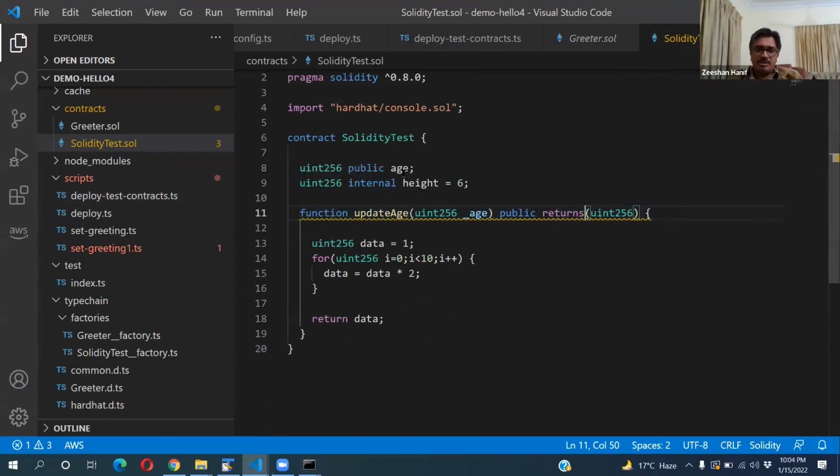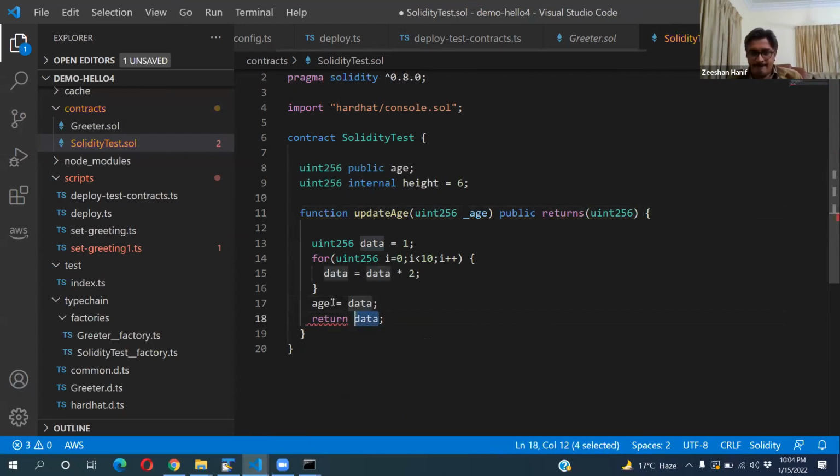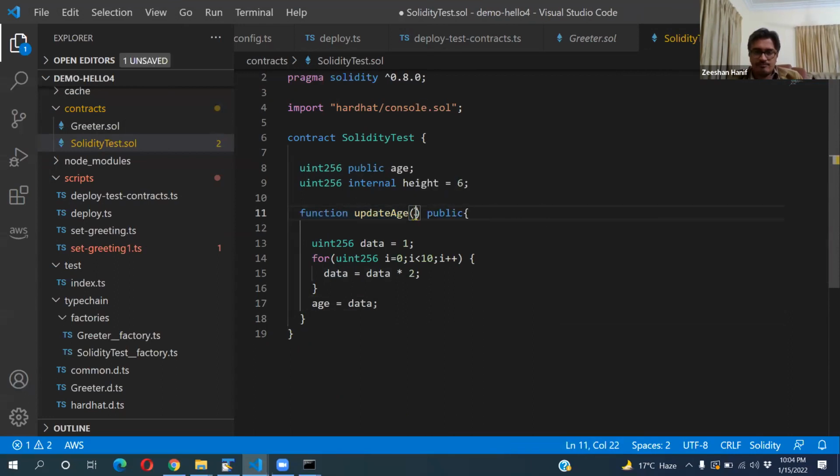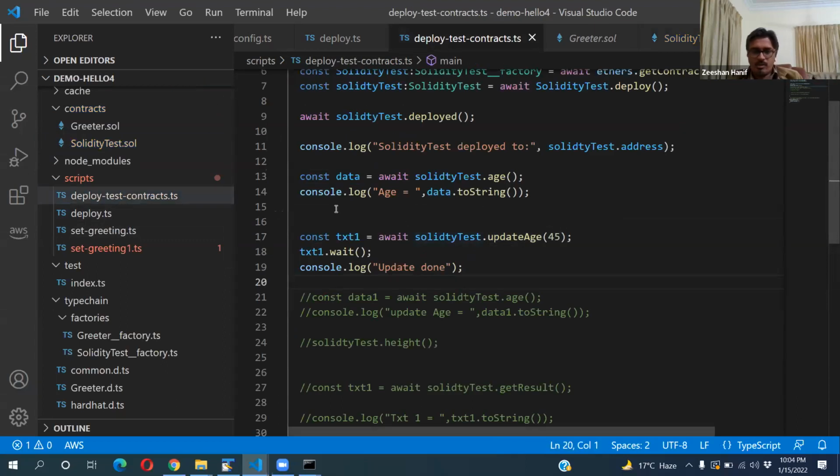So what I'll do is I'll update the age variable so that we can access it. Initially the age variable is something, then we'll call this, and after the calling of